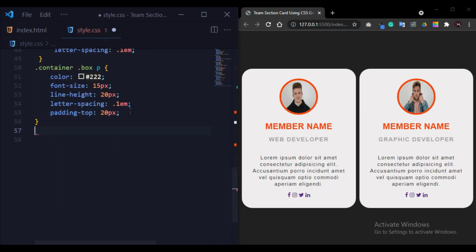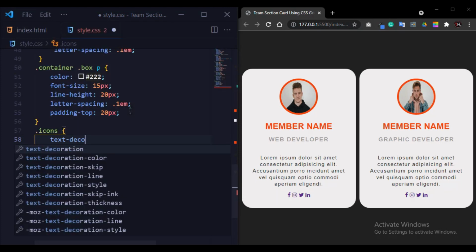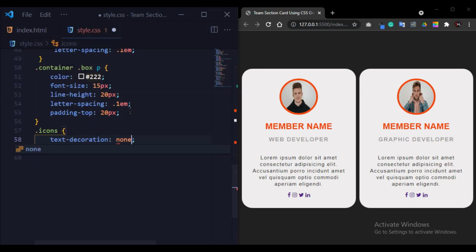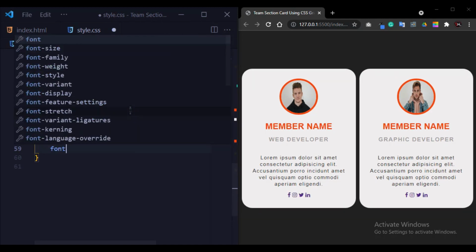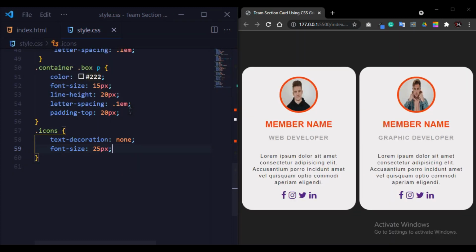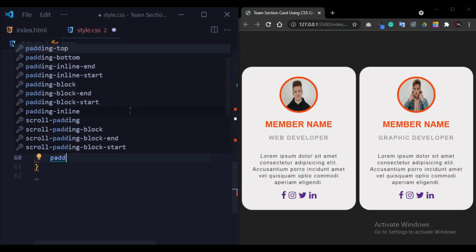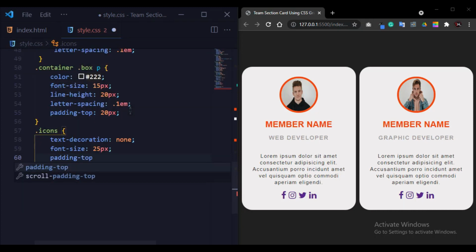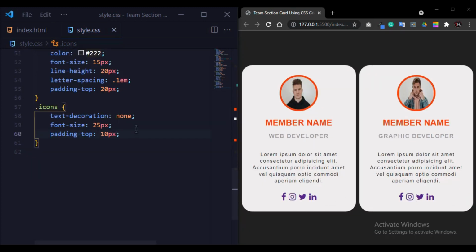Okay, so now we will set the icons. So first of all I will change the text decoration to none, and change the font size of icons to 25 pixel, and give some padding, so padding top 10 pixel is enough. So it looks amazing.